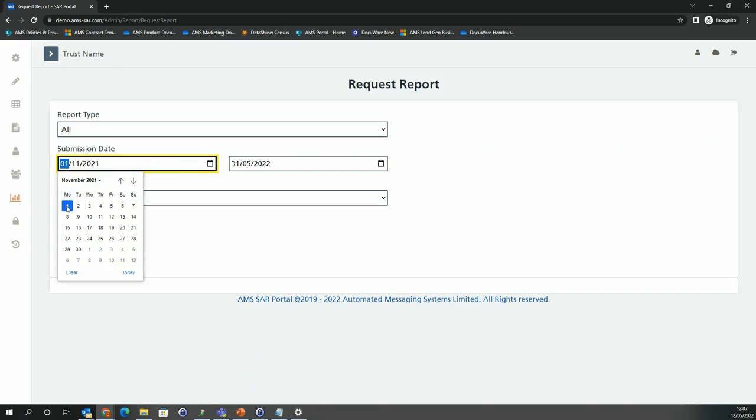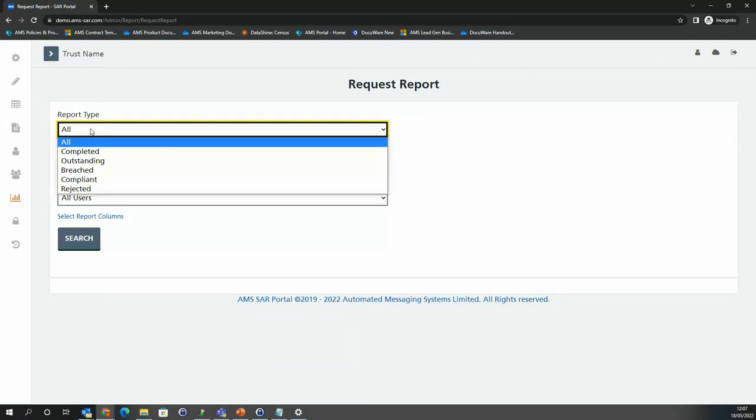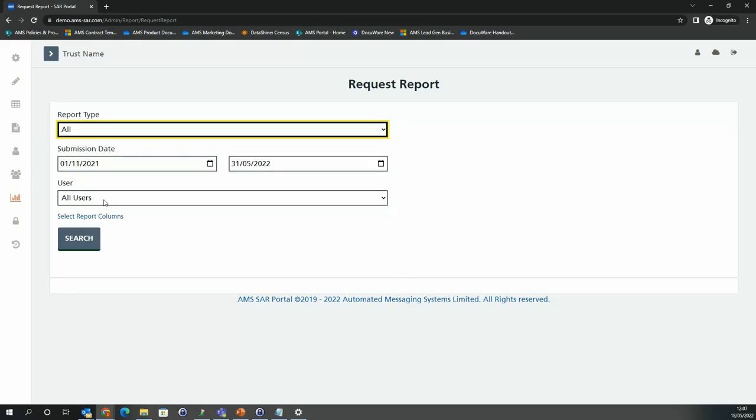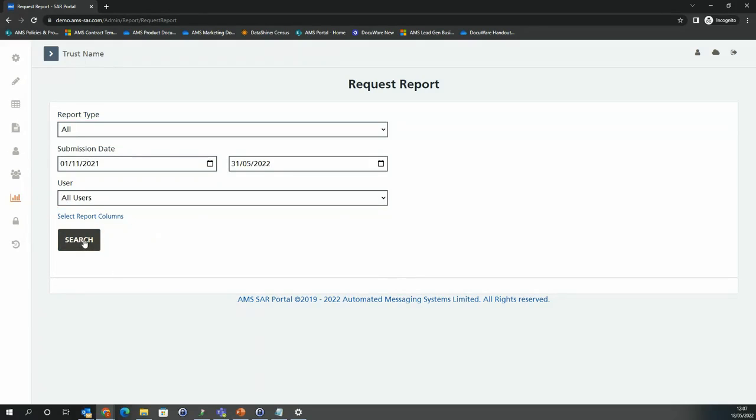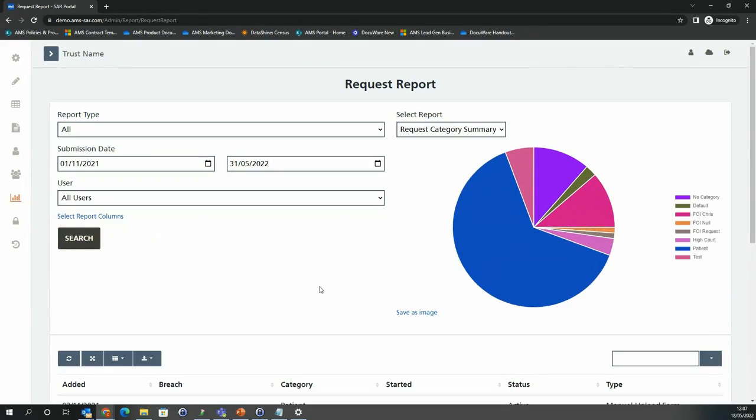Like so, and what we're saying here is that this is for all requests, so whether they're completed, outstanding or breached, compliant or rejected, and we're going to say for all users. Of course, I could narrow this down as well if I want to, and hit search. So we can see here, for example, request categories, that there's been 56 patient requests